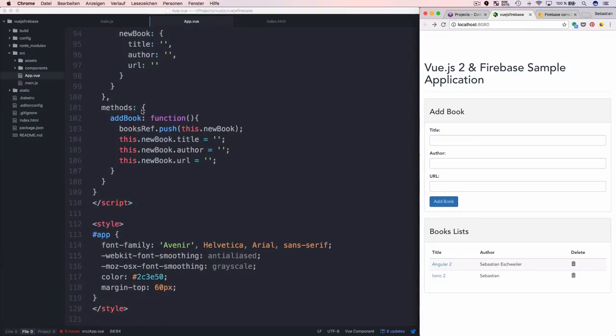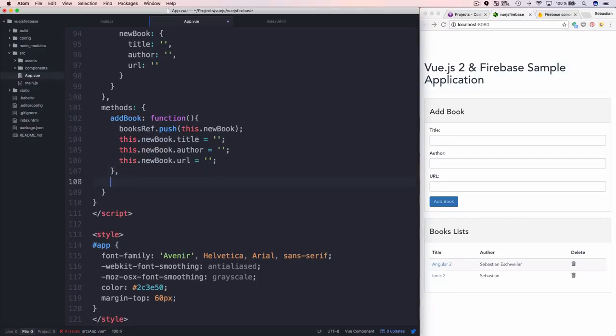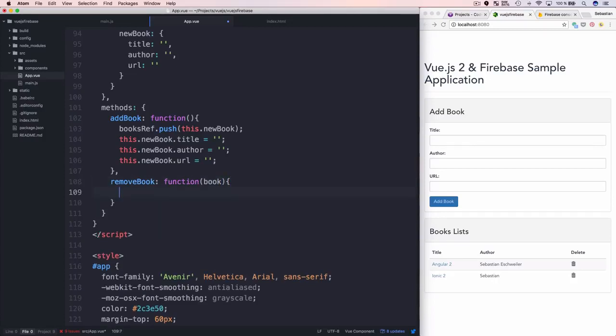So here in our methods object, I'm adding now another method, and that method is called removeBook. Okay, and of course it's a function which takes the parameter, and now I need to remove the book from the Firebase database, and by removing the book entry from the Firebase database, we make sure that the entry is removed from our table as well, because the table is bound to the data in our Firebase database, and the only thing we now need to do is to use the book_ref